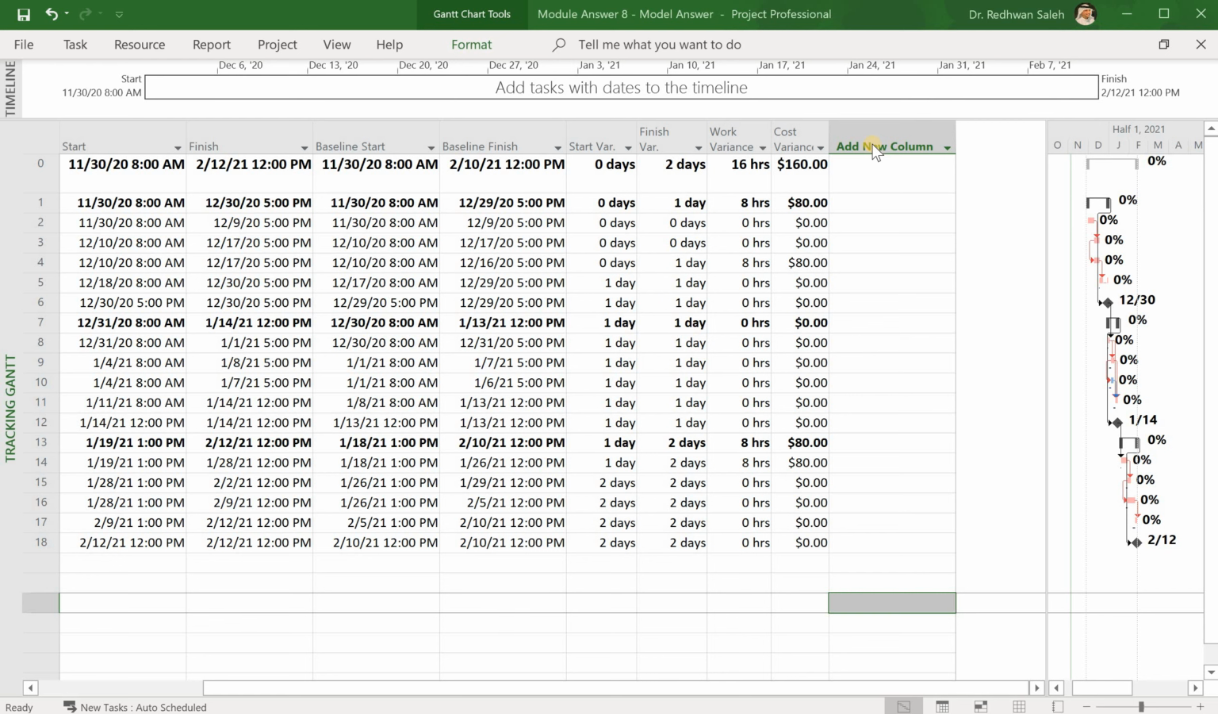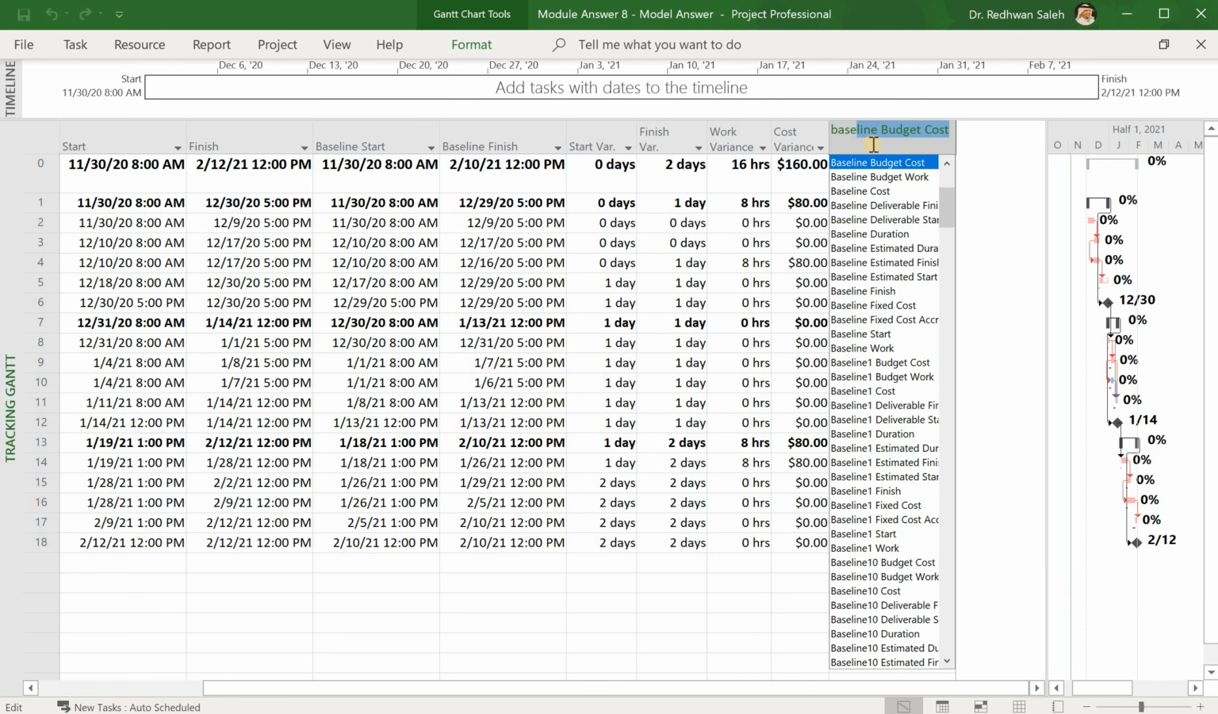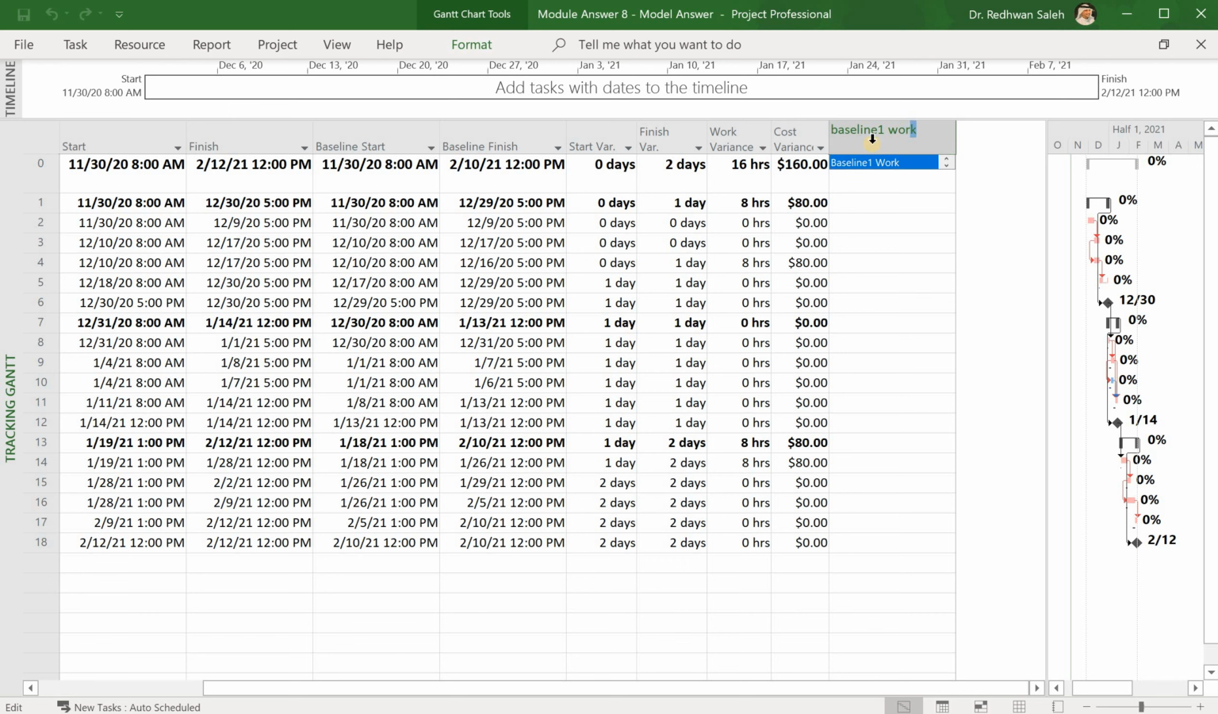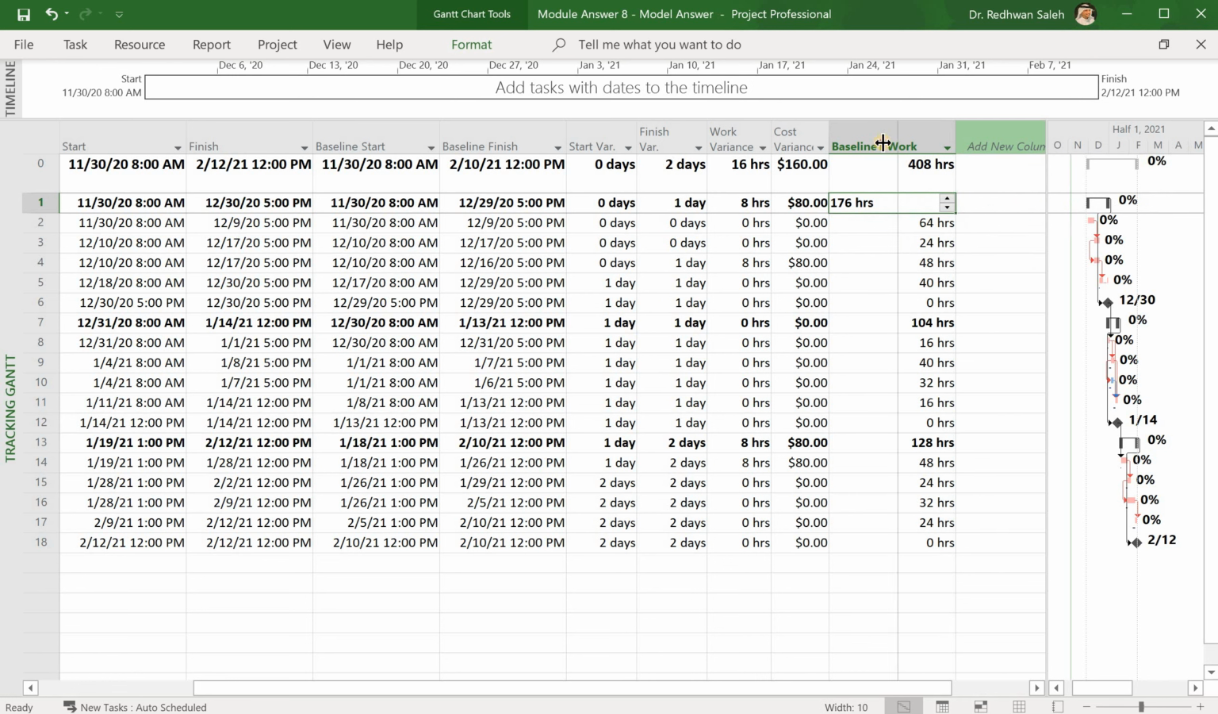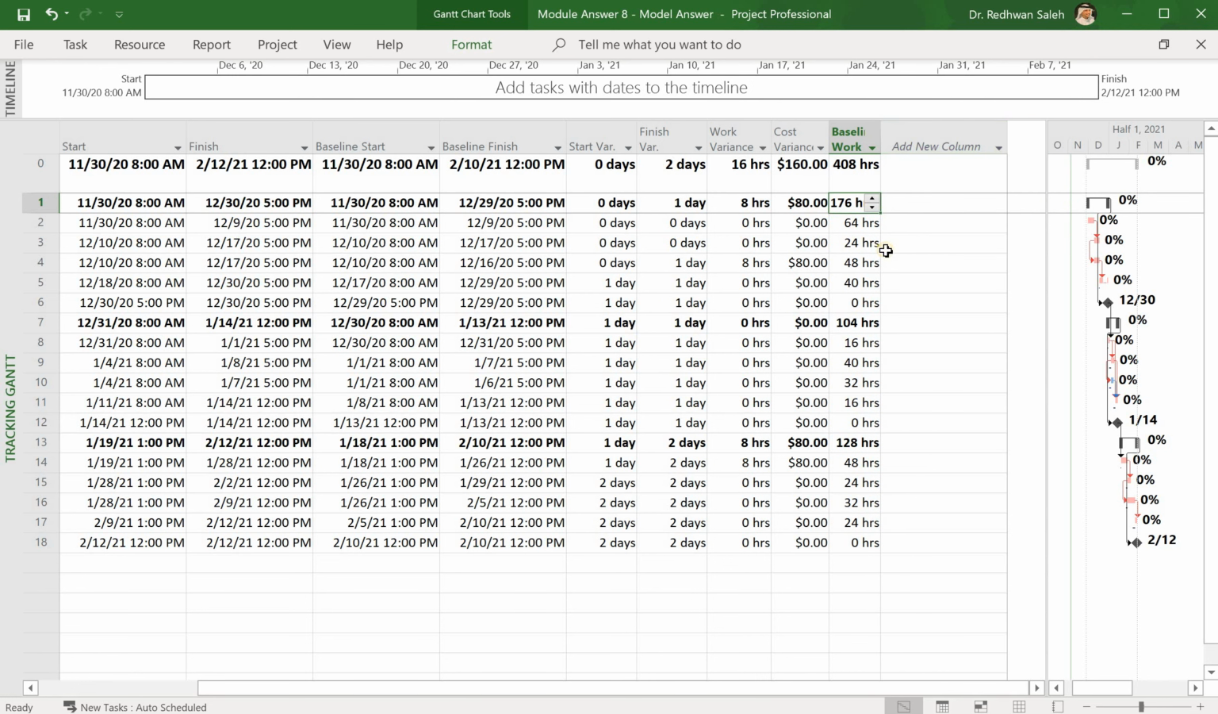We'll go to the baseline variance, the baseline work. Remember, we have two baseline work fields. We have baseline 1 work, which is 408 hours, and it's because it goes, sorry, it goes from line 9 and also to all of these. It's changing here. So we have an extra hours of